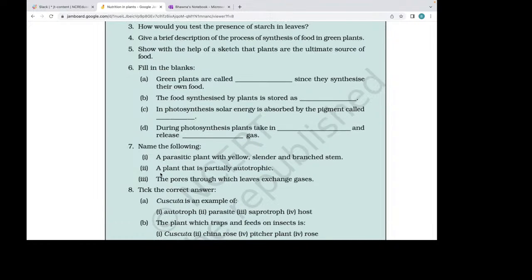Now D: during photosynthesis plants take in something and release something gas. So we know that they take in carbon dioxide and release oxygen gas. Okay, the oxygen that we breathe. So even for our respiration we depend on plants, because they give oxygen. All right, now